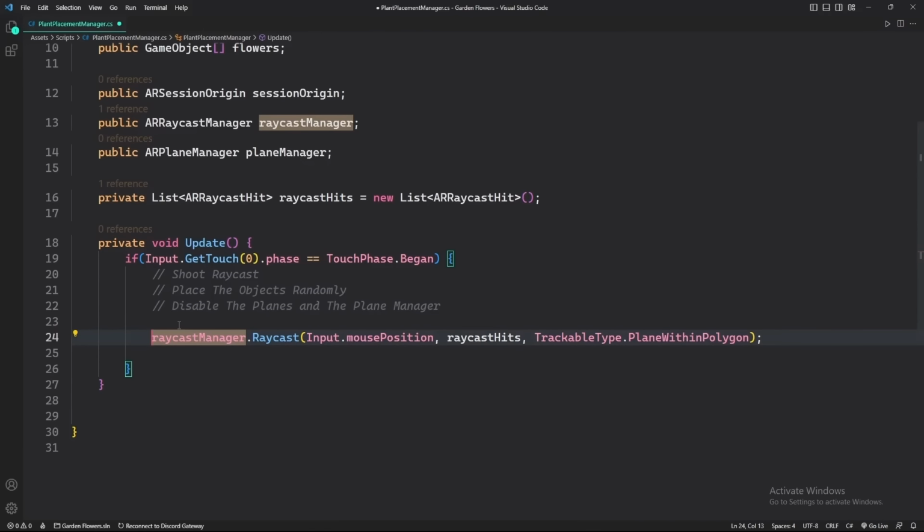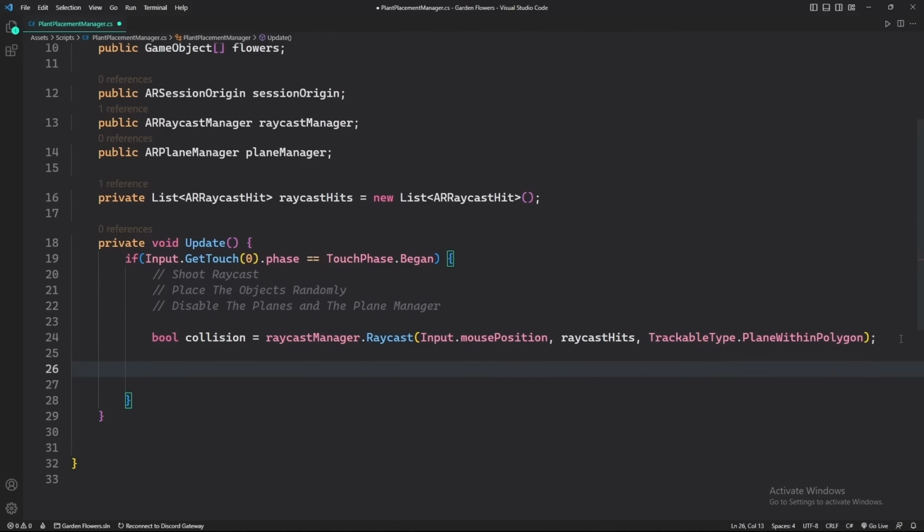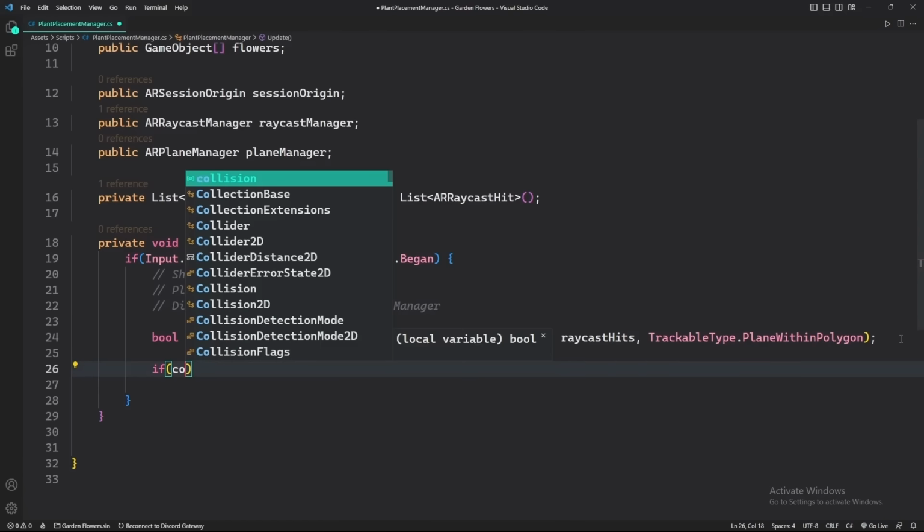Now, as this statement we wrote is going to return us a Boolean value, what we have to do is store it in a Boolean variable. So I'm going to call it collision variable, right? So whenever this particular collision Boolean is true, what we want to do is place those objects. Okay, we want to place those objects on our ground. So if collision